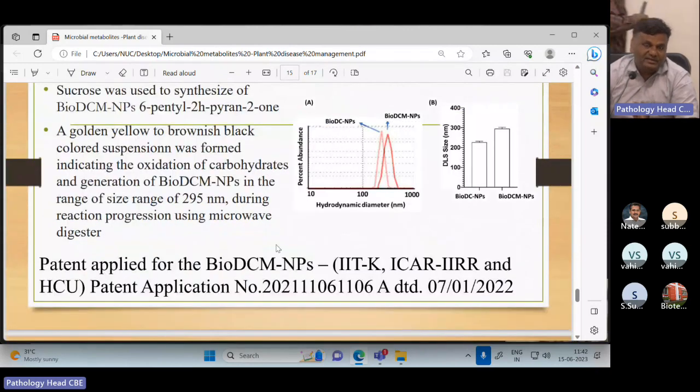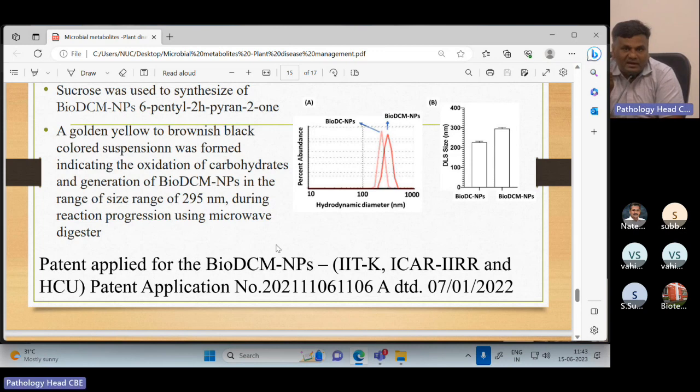Our metabolite compound was heat sensitive. Actually, at around 60 degrees Celsius, it was losing its efficacy. Then we thought about how to improve its thermal stability. So we then formulated using